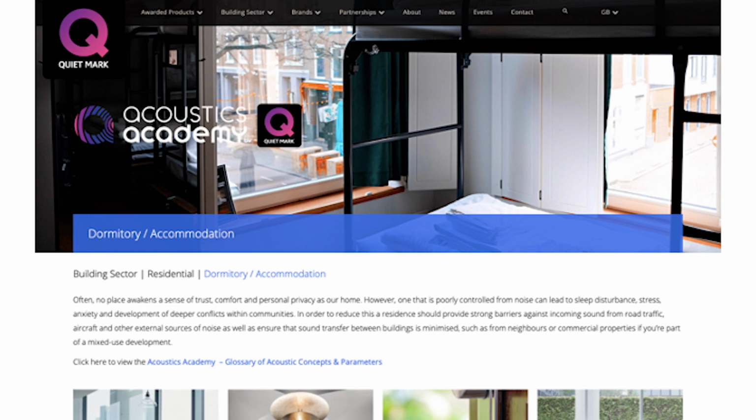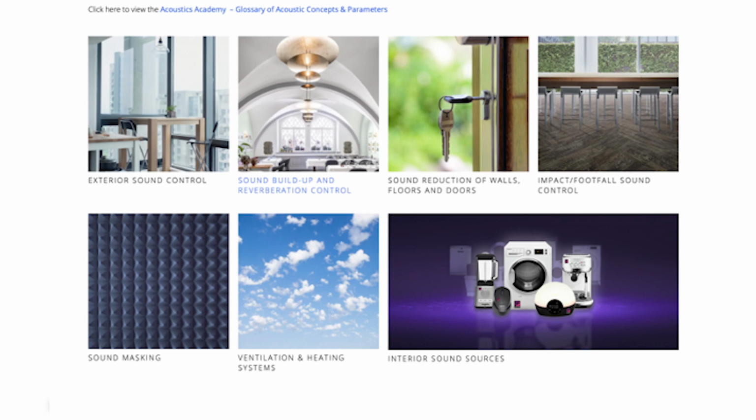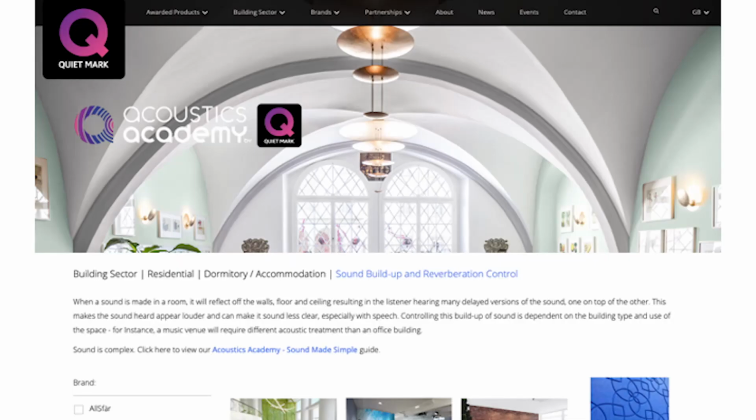And underneath that, you're invited to choose between 6 acoustic application areas, being exterior sound control, sound build-up and reverberation control, sound reduction of walls, floors and doors, impact footfall sound control, sound masking, ventilation and heating systems, and interior sound sources. In this example, the blue highlight is on sound build-up, so when you click through to that,